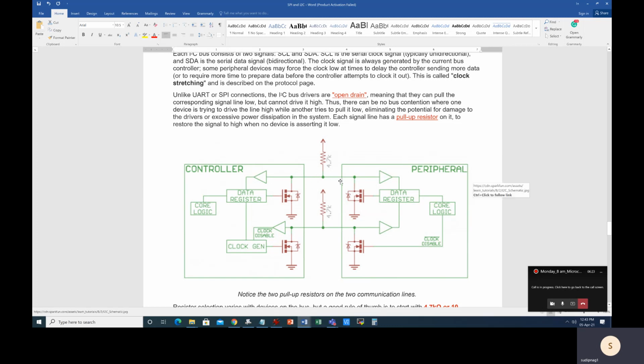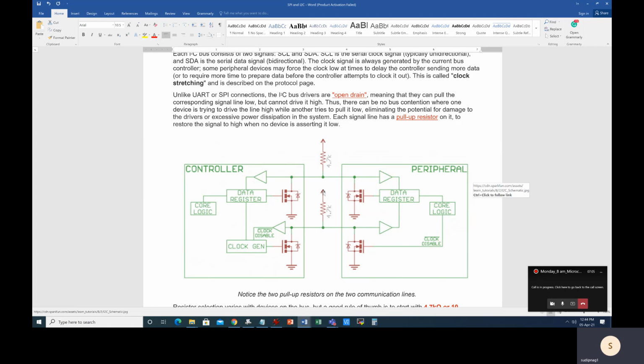SCL and SDA are both called open drain lines. Open drain means suppose there is a driver MOSFET, and the MOSFET gate and MOSFET source are connected internally inside your peripheral or controller, whereas the drain terminals of the transistors on both sides of the bus are floating in general. But if you want to use it for digital communication, you must have 1-0 transitions. So for a 0 transition, this MOSFET should be turned on. For a 1 transition, who will do that? That is actually passively connected. So that's why these pull-up resistors are necessary.